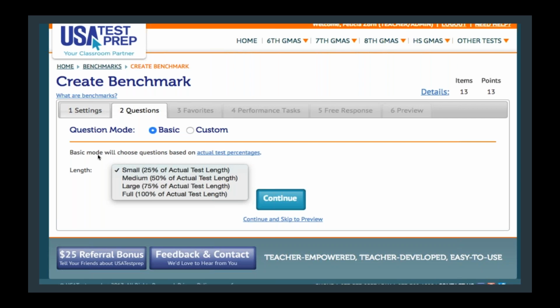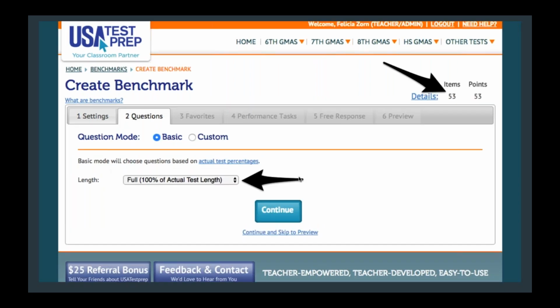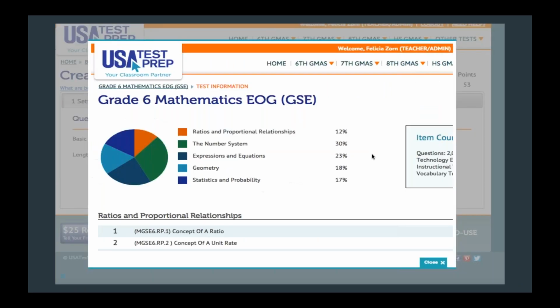And you'll notice here that it's telling you that basic mode will choose questions based on actual test percentages. So when we increase the size up to full, you'll see that this is now a 53 question test. So this is going to give me a clear picture as to where my students are with the standards coming in. When I click on that link for actual test percentages, it'll open up a link showing you the breakdown